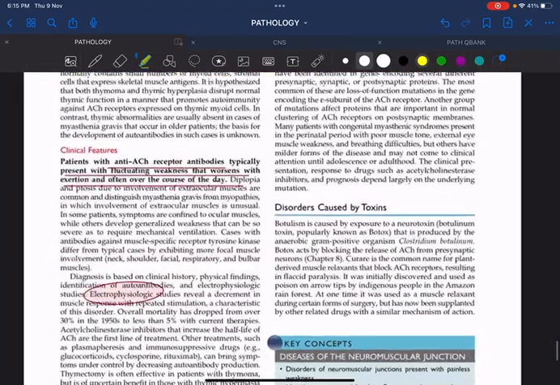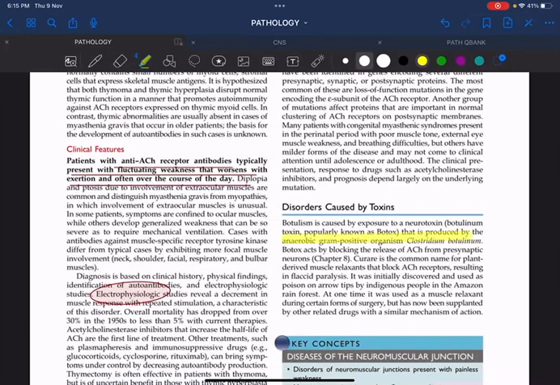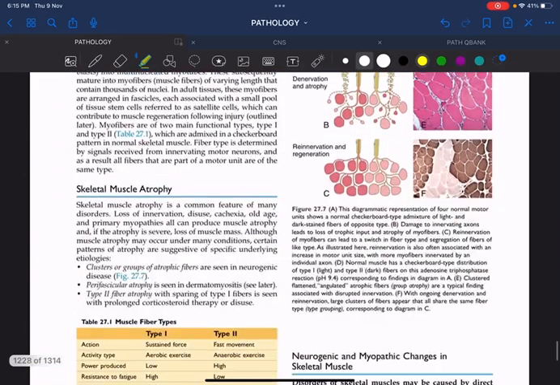And remember, Clostridium botulinum, the bacterium which produces Botox, will also block the release of acetylcholine from the presynaptic neuron. That is why Botox injection is now used for migraine treatment. It is also used for the treatment of dystonia. Fine. Once that is done,